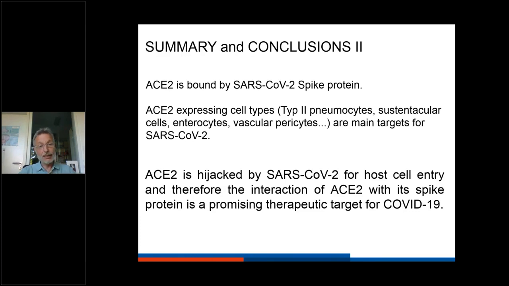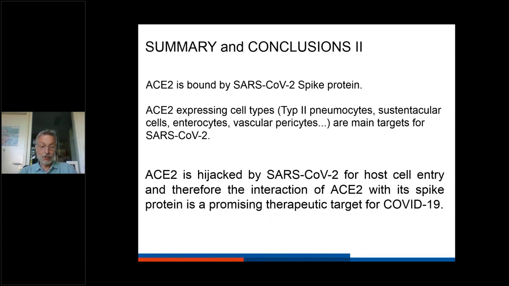So the summary of this part is ACE2 is bound by the SARS-CoV-2 spike protein. That is the reason why we have this disease. ACE2 is expressed in cell types, the ACE2 cells in the lung, testicular cells, cells in the nose, enterocytes, vascular pericytes, and so on, which are main targets for SARS-CoV-2 infection. And to conclude, ACE2 is hijacked by SARS-CoV-2 for host cell entry,